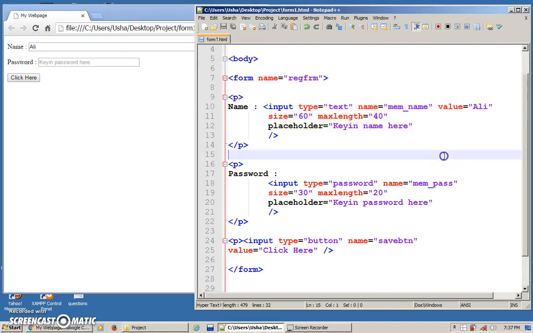Okay, so if you want something to be entered by default, to be already there, what you can do is you can put value. For input type text or password, the same thing. But when you put value for a button or a submit button or a reset button, it means that that will be the word displayed on the button. Okay, so for this lesson, you know how to use the form tag, you know how to use input type text, input type password, and one button.